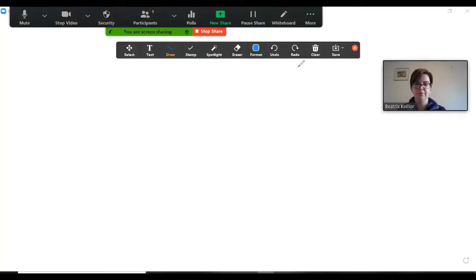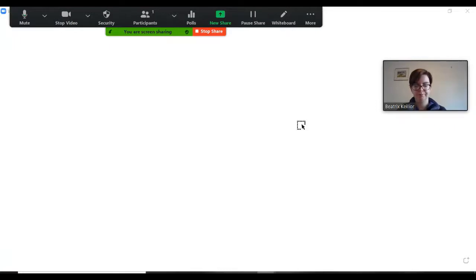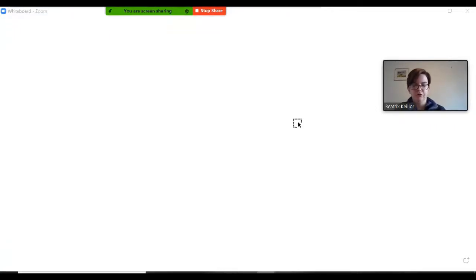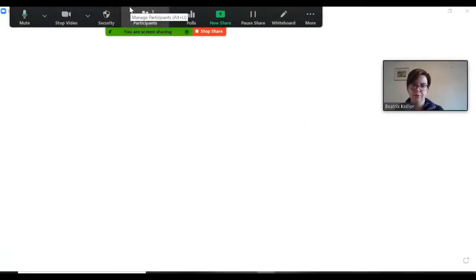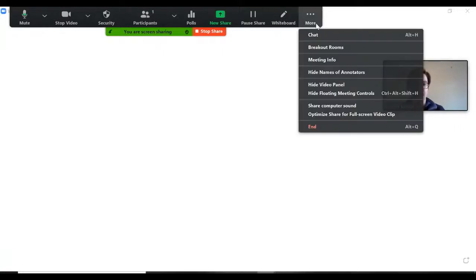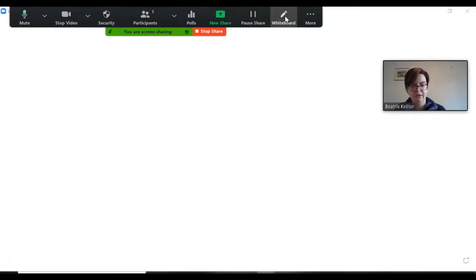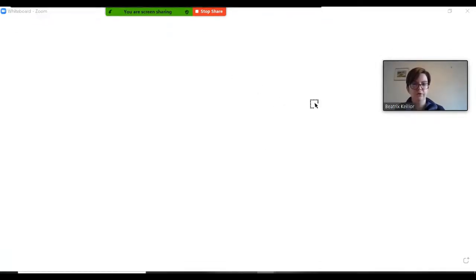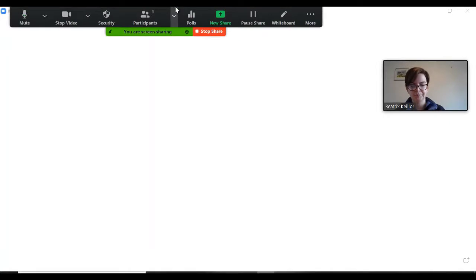You will now see this white background, which is our whiteboard. In order for girls to draw on the whiteboard, you need them to find the Annotate or Whiteboard button on their screen. The location of this does vary across different devices, but on most laptops and PCs, they'll find it by hovering over the top of the screen, and it will either appear along this toolbar. Here you'll see Whiteboard with a pencil, or it may appear under More in the drop-down menu. On most tablets, the Annotate button will appear as a pencil somewhere on the screen rather than on this toolbar.